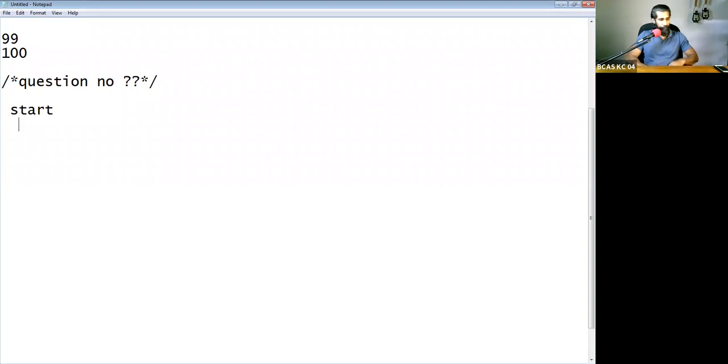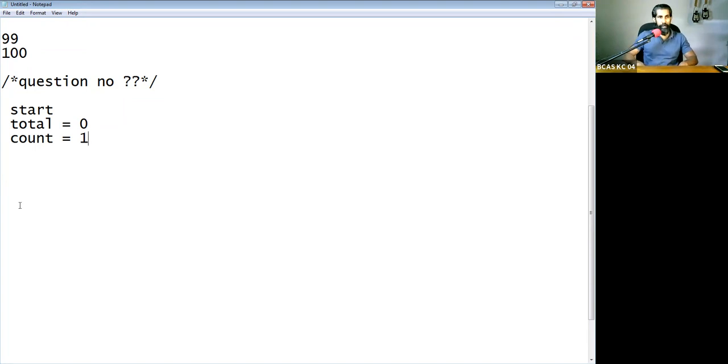Start the program, right? So you have to set the count to 1. Before that, you can set the total to 0, right? That's why we took this tray for total, and the other tray we took for count, right?